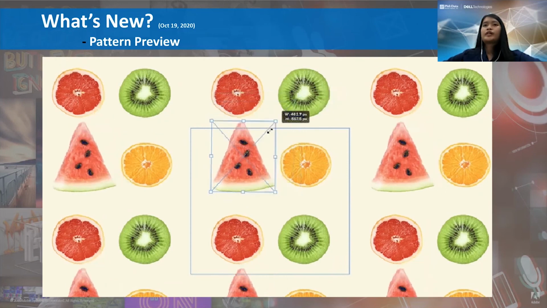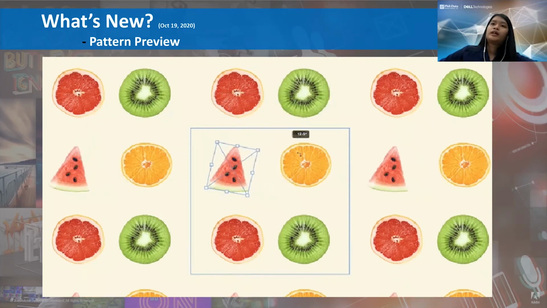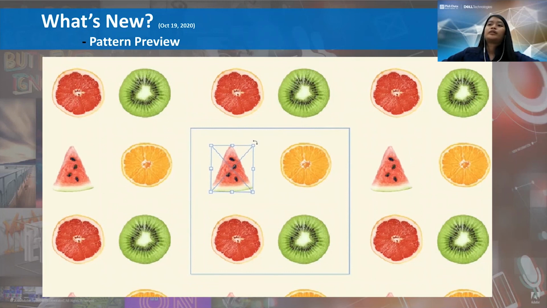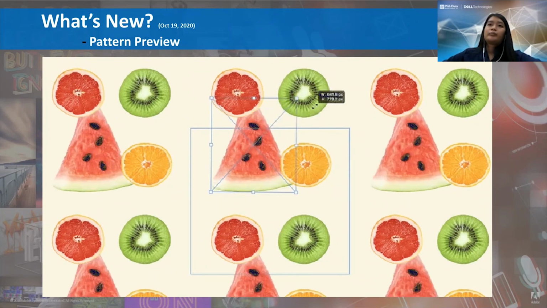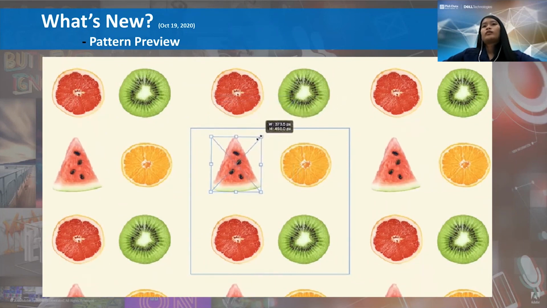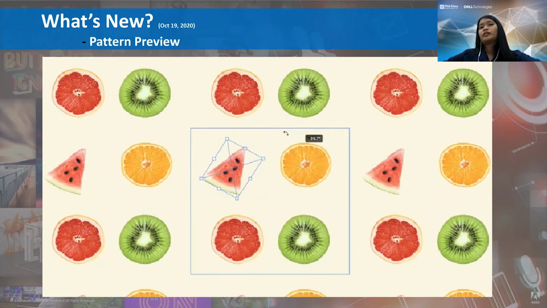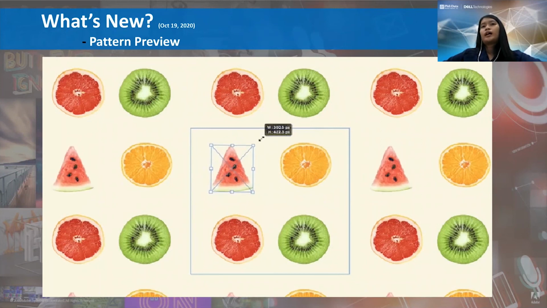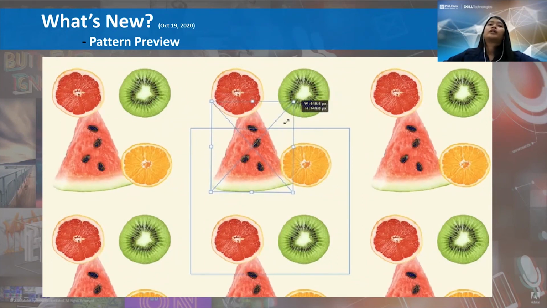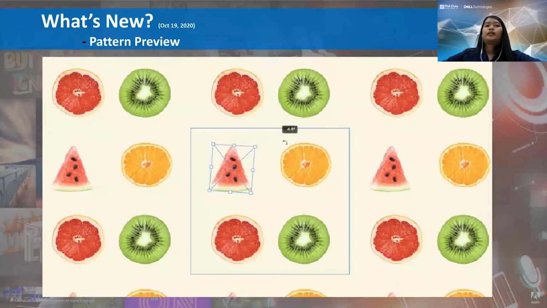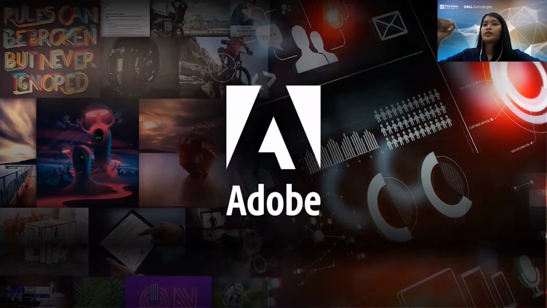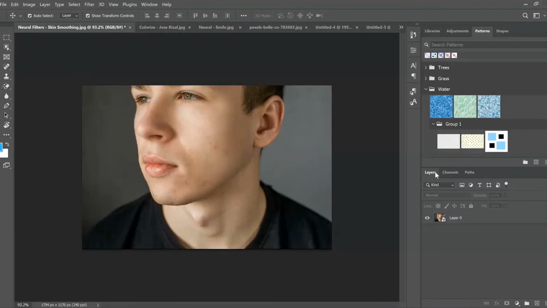But of course, the heavier your workload, the higher the GPU it will require. That's why a workstation is the best choice for this. I'm using a 4 gig workstation and I'm having no problem with this. So before I end my presentation and proceed with the demo, can you guys see my screen?